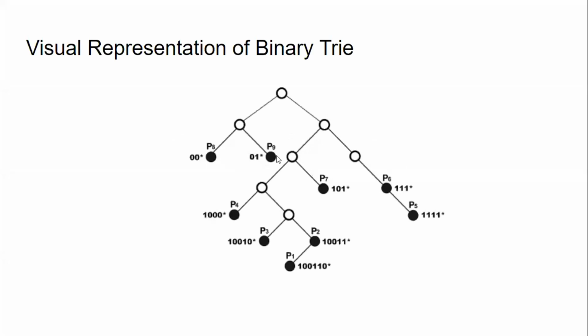So basically, visually, if we see how a binary trie will look like. It is as simple as a trie, but it has the bit representation. Let's say if I have a value 0, initially the node is a root node, and if we go to the left side, which is a value 0, and if we go to the right side, which is a value 1. So like this, if we travel till the leaf, at the leaf we will have the actual number.